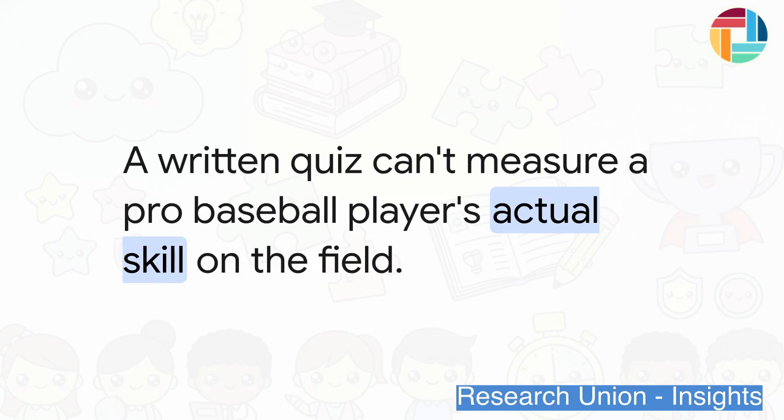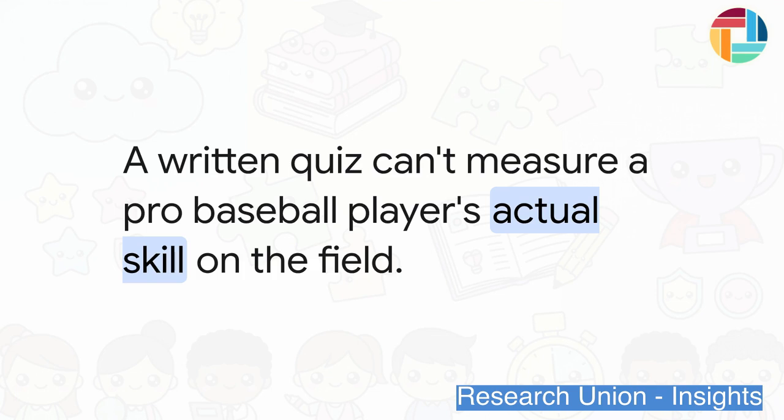Imagine trying to assess a pro baseball player's skills, someone like Johnny Damon, right? If you hand him a written multiple-choice quiz about baseball, what do you actually learn? Well, you might find out he knows the rules, the dimensions of the diamond, and the history of the game. But that written quiz tells you absolutely nothing about his actual playing ability. It can't measure how fast he tracks a fly ball or what his batting average is under pressure. That is the exact same disconnect we face when we give a student a written quiz on a highly complex or practical academic subject.